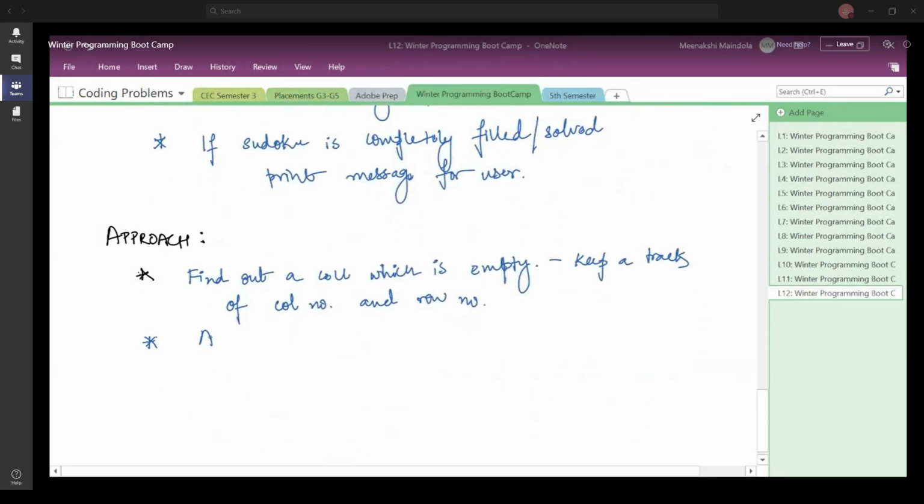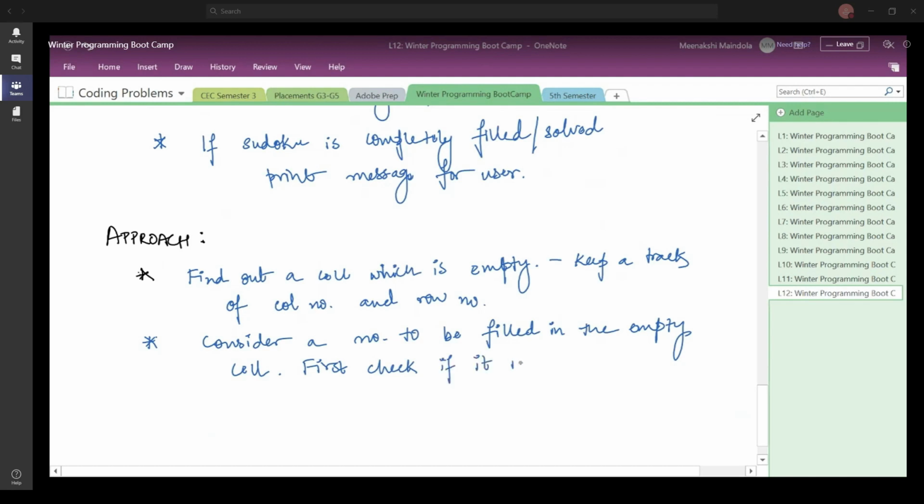Okay, so you say: consider a number to be filled in the empty cell. First check if it is safe.